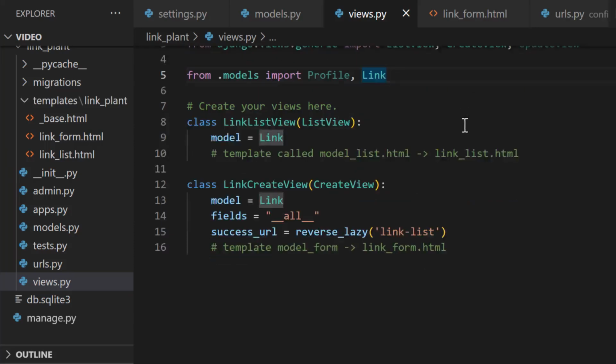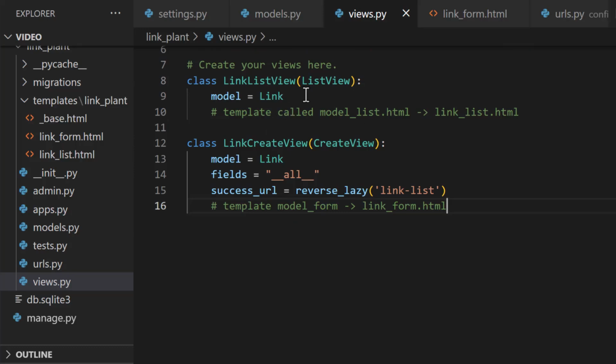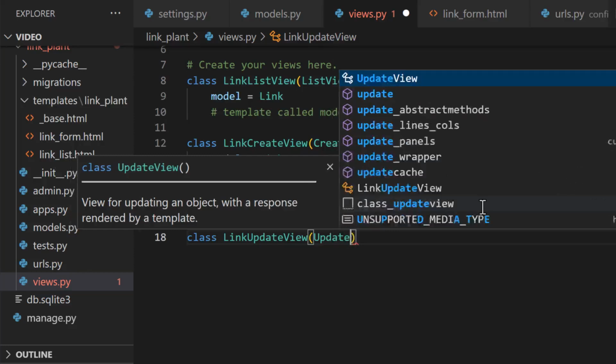And then we'll create another class. For this view, we want to be able to update a link. So we can list out all the links. We can create a new link. But then what if we want to change something about a link, either the name or the URL? Then we can create this view to handle that. So we can go ahead and create a class and call this LinkUpdateView that inherits from UpdateView,